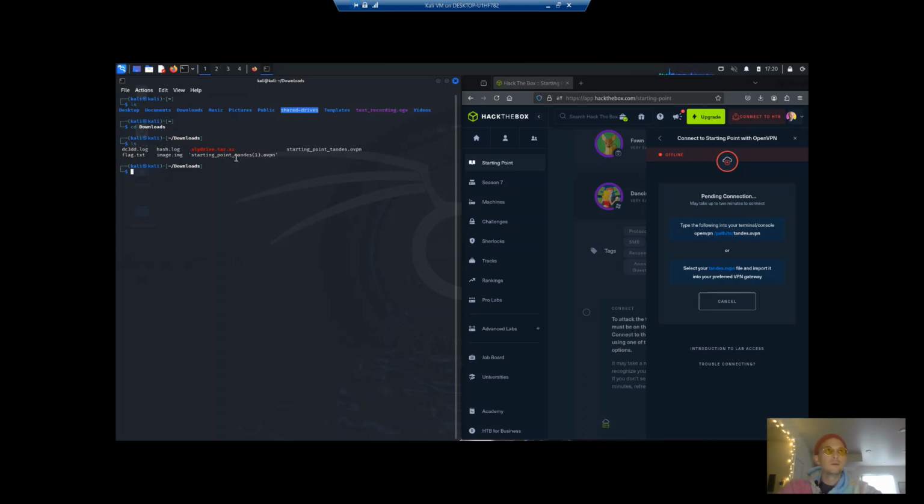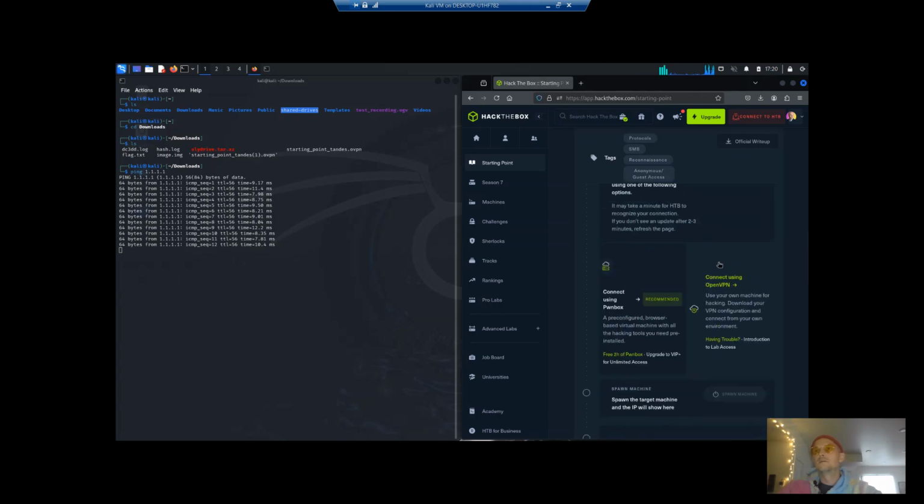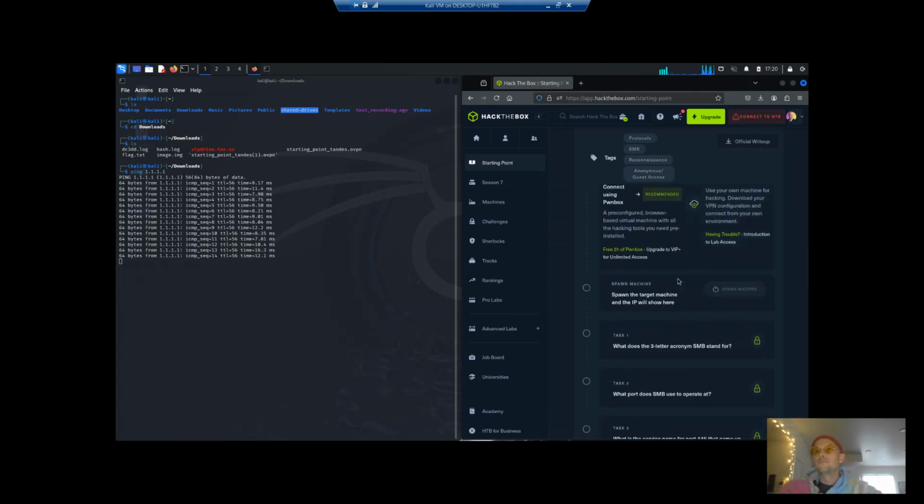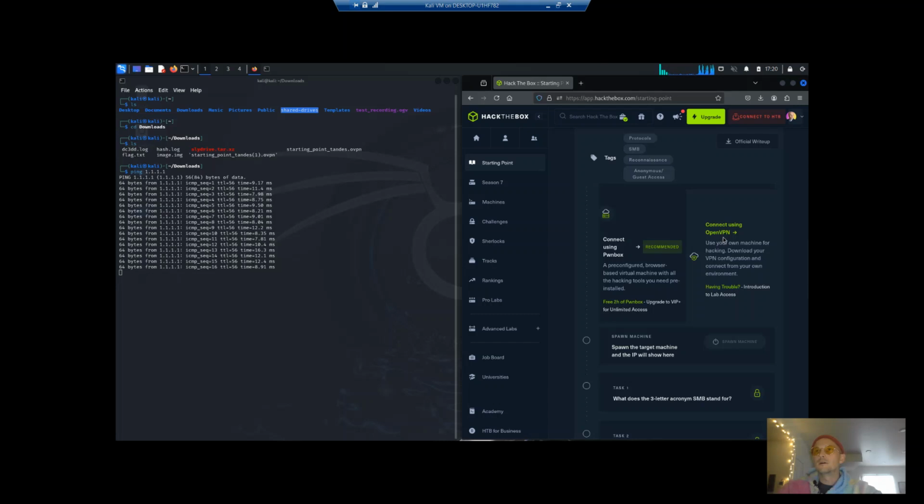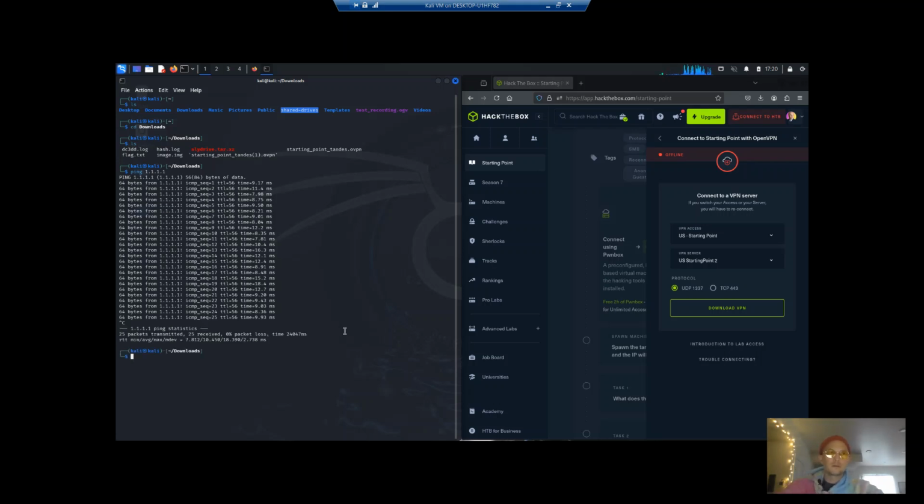Alright. I'm going to run some tests, make sure we've got connection, even though on the right side we clearly have a connection. Let's get rid of this and get ready to start our machine up. We are on Dancing. We are connecting using OpenVPN. We've already got it downloaded, but it says we're offline, and that is because we haven't yet started